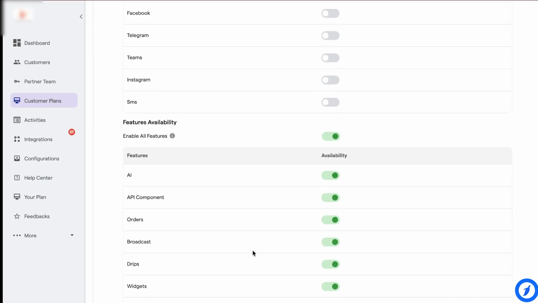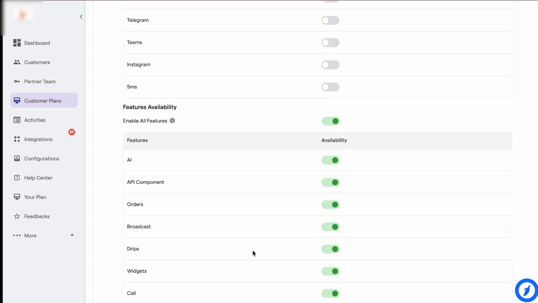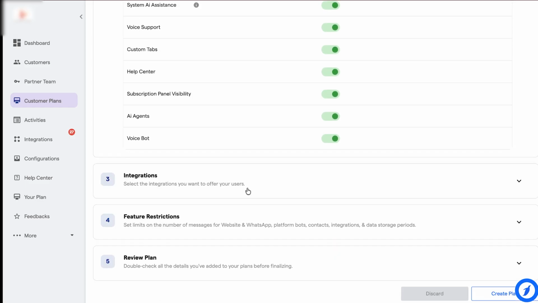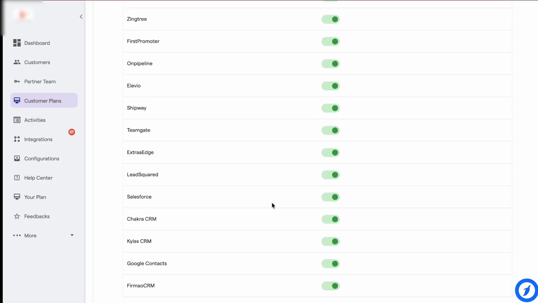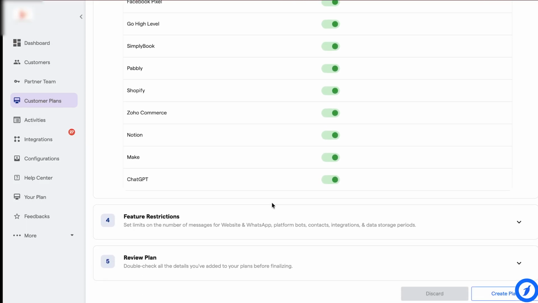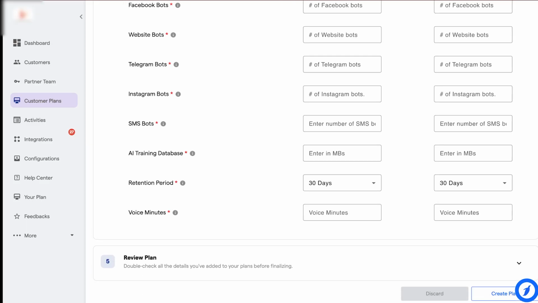Then comes the feature availability, where we can toggle on or off specific features for our customers. We also have an integration section, which includes all the integrations, and you can choose whether you want them on this plan or not. The next step is the features restriction section, where we set the limits on usage and